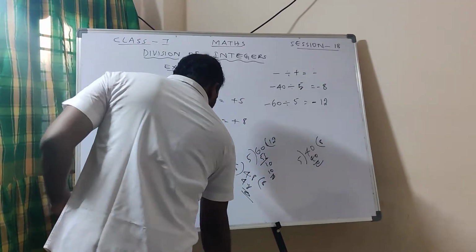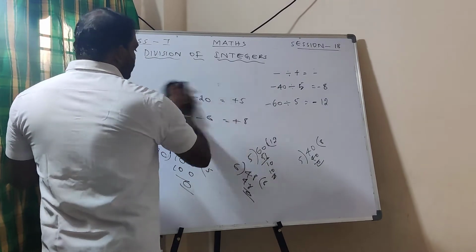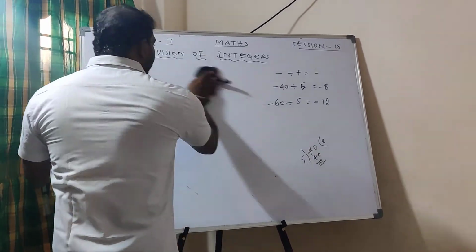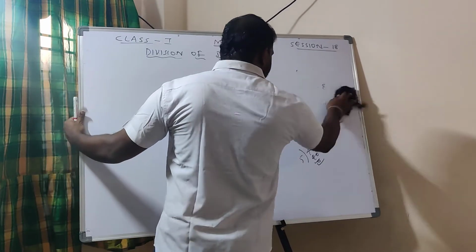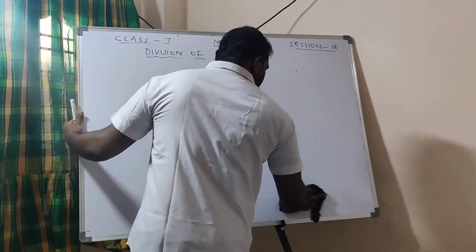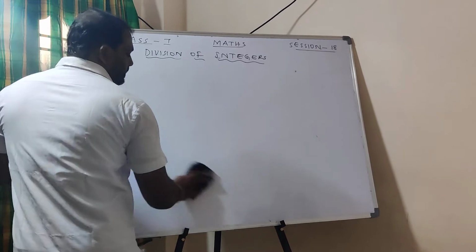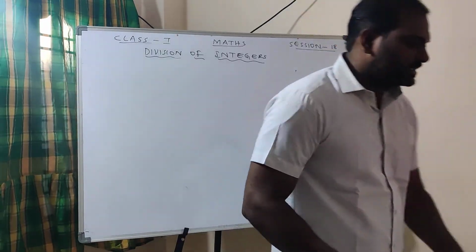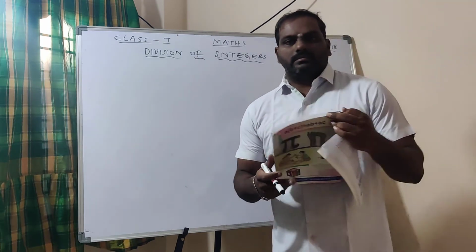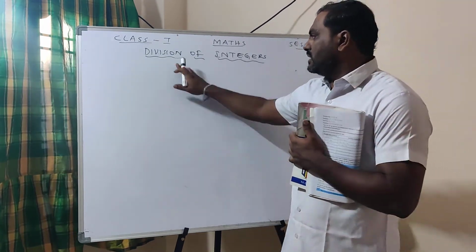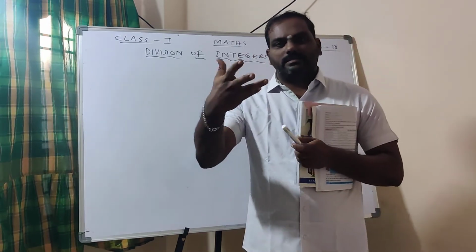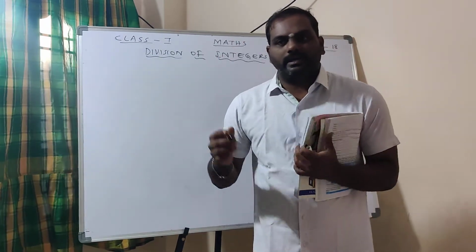Next. So these are the 4 examples I have given, two examples of each, my own. Now I will go for random examples which are given in your textbook. Then I will give some homework questions to you. By this, the division of integers will finish. In the next session I will give an assignment, like a slip test. The slip test will be my own questions, and you have to do them, right?